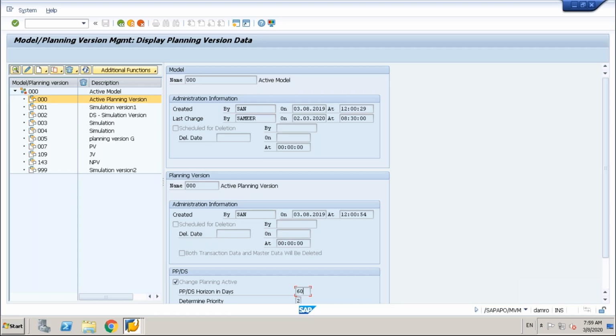So April, May you saw. Good that we saw at least 1 month's order. So if your horizon is longer, say 120 days, if you go and change the planning horizon and the demands are there, it will plan in a monthly bucket for the next 3 months, and then for the next 2 weeks in days. After that, for 2 weeks, it will be in weeks, and then months. Yeah, so this is how